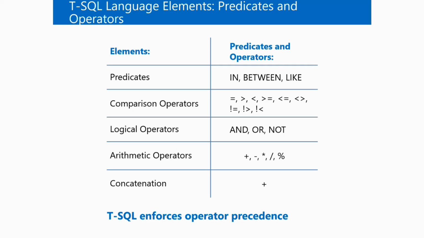Arithmetic operators like plus, minus, multiplication, division, and this is the mod operator. Mod operator is basically a modulus operator that helps us find out the remainder of a division. So these are the arithmetic operators that we normally use in our SQL calculations, in our expressions. And then we have a concatenation operator. So in case we are using the plus operator with two strings, it will simply concatenate the results. So when we are using operators like plus, minus, multiplication, division, it enforces